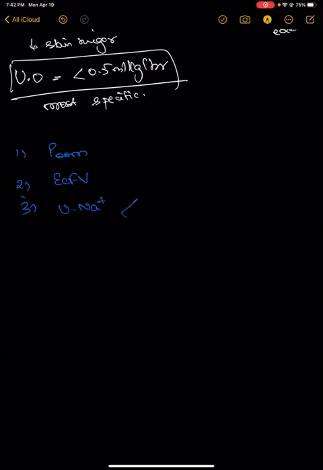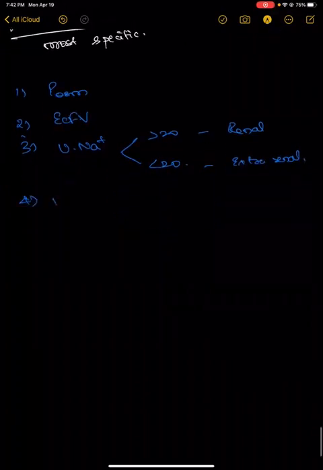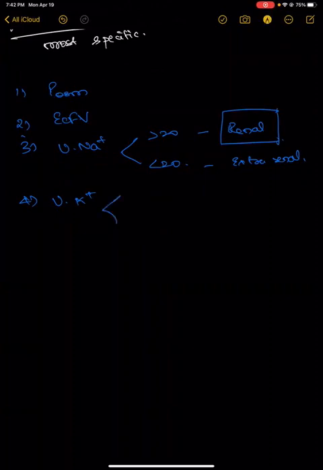Now, if the urine sodium is more than 20 or less than 20, why do we need to know this? We need to know whether the cause is a renal cause or an extra-renal cause. More than 20, it is going to be a renal cause, and less than 20, it is going to be extra-renal. So once we have established this, we are going to see into the urine potassium levels, because this renal cause, what is the exact mechanism of the renal cause? That would be established by a urine potassium level. So again, if it is more than 20 or less than 20.